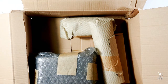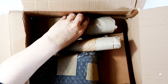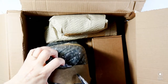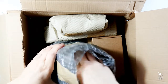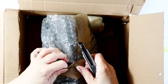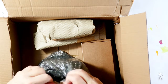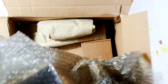I really like the packaging. Jacksons go out of their way to use recyclable materials to package, but sometimes it cannot be avoided, I guess, and so this item has bubble wrap around it quite a bit. But as you can see by the box, it's probably worth it, because I've ordered some fragile items, or breakable, I should say. They're not really fragile. And what they are